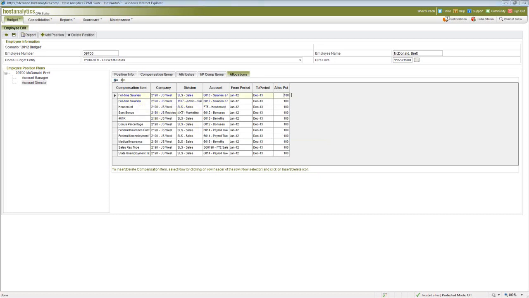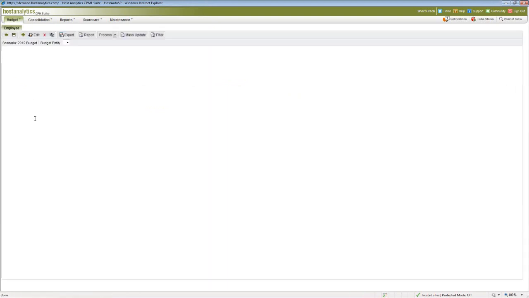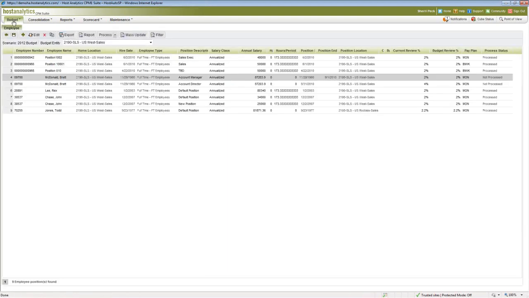So what I do is I change my percentage here to, let's say, 80% of his time is still spent on sales, but only 20% on admin. And then when I save this, it will roll that up, and the correct departments will have that cost reflected in their budget. So it really saves time, and it's far more accurate than trying to do this all in Excel spreadsheets like what I've done before.